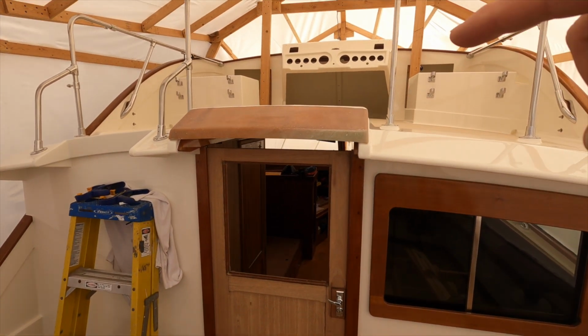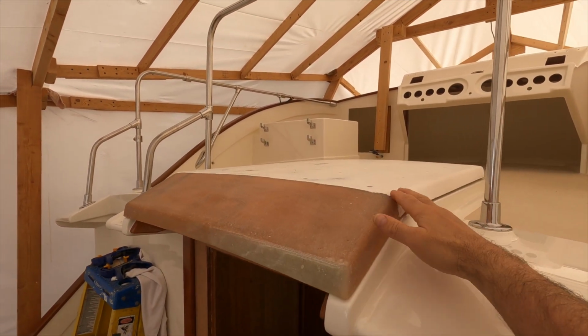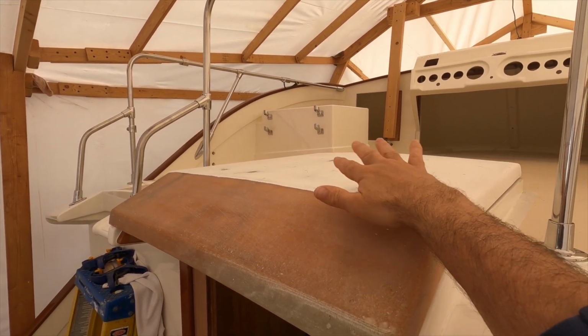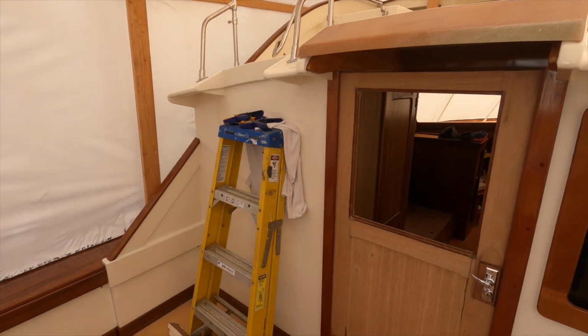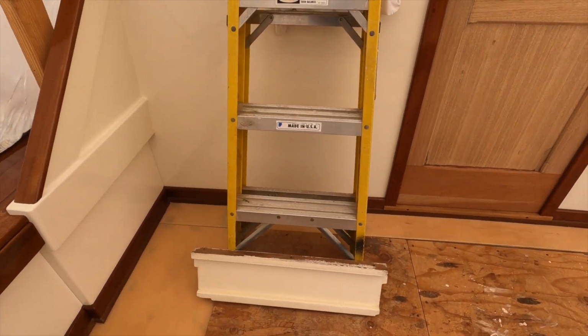The other thing I'm going to do is this fiberglass hatch up here. I'm going to take it off, strip all the rest of this gel coat off, do some fiberglassing on the top here because it's kind of wavy and messed up, and then repaint it. And then the probably most involved job, and the thing I'm kind of going to do first is, well, I'll show you up here first,